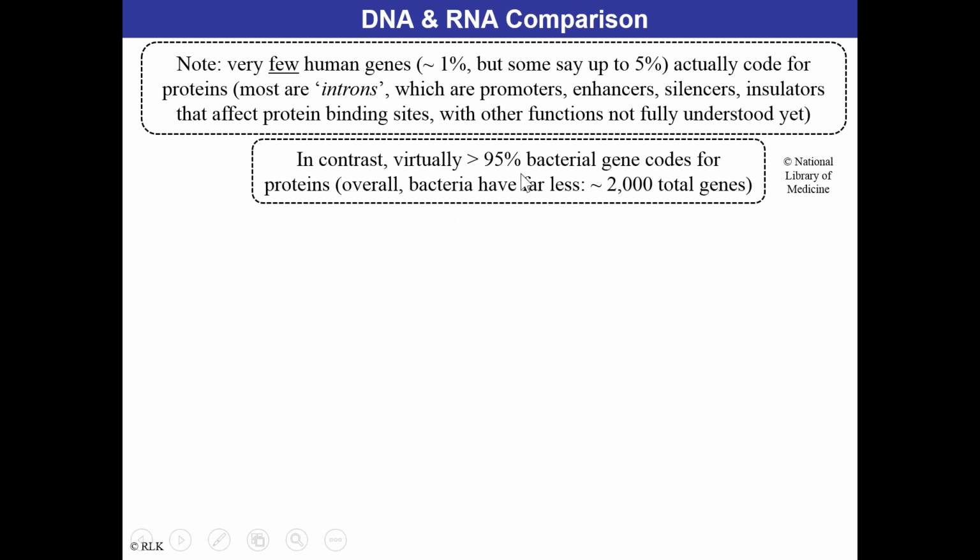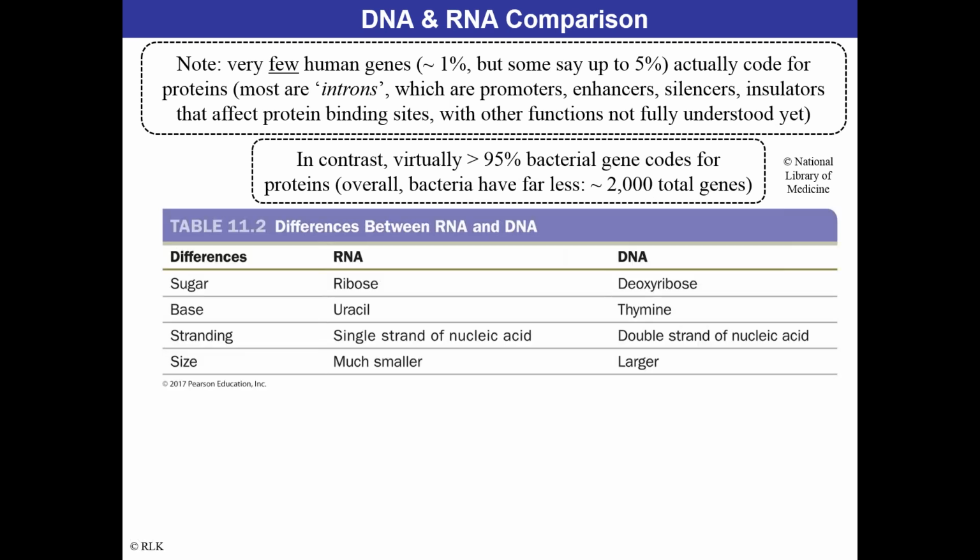And it's really interesting because bacteria have far fewer genes. They only have about 2,000 total. So it's a hugely efficient system. That is absolutely amazing. Okay, so between RNA and DNA, we already talked about the difference between that uracil versus